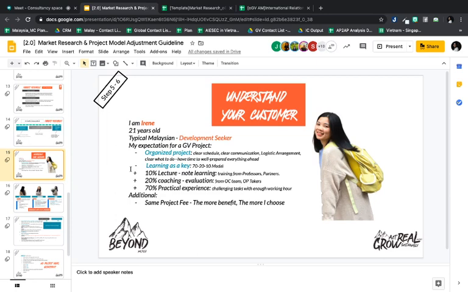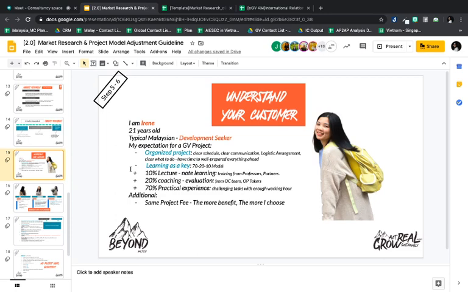The second point, as a development seeker, I will seek as much development as I can. The first thing that I am facing a lot in a lot of GV projects is that the JD is super simple.